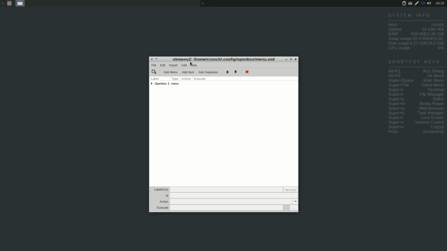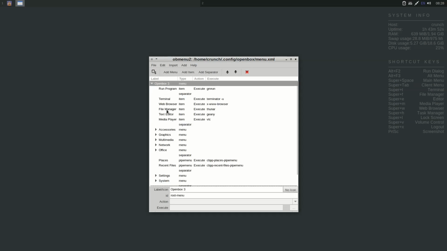Before there was openbox menu 1 done by Python, but it was deprecated, so they created this one. The nice thing about this one is that we have this menu. You have to be very careful about the ID here, root-menu, because if you create a menu, you have to reference it by an ID,